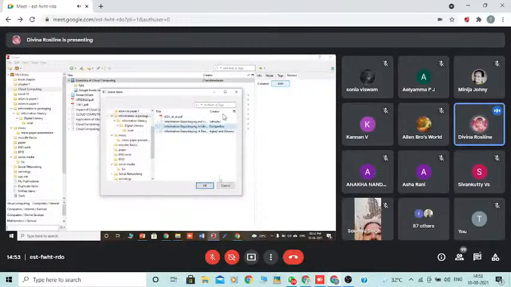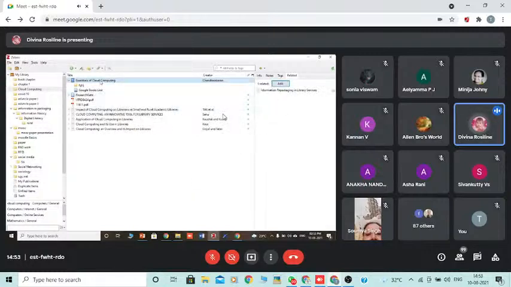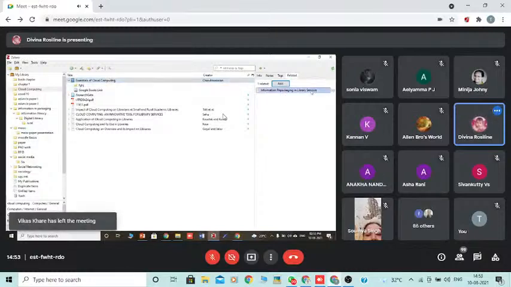Just for sample, I am just showing it. Just we can add it. So when we are referring this article, here we can see, okay, this article is related to this one also. So we will automatically go and refer that article also. There are so many possibilities in this Zotero, which will really help us in doing our